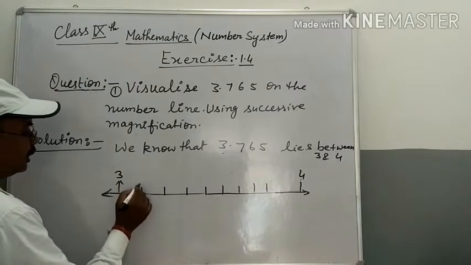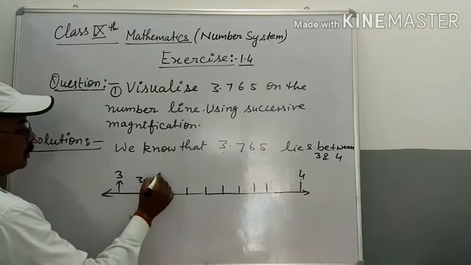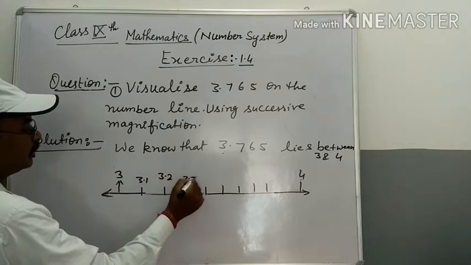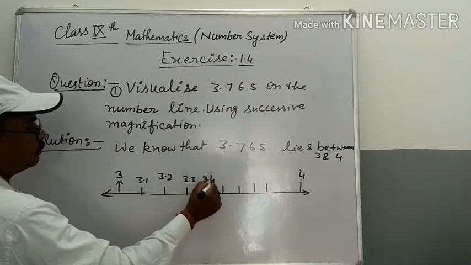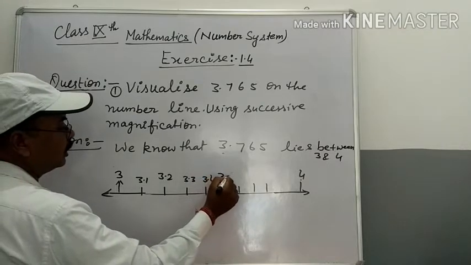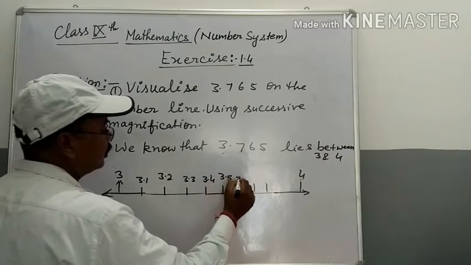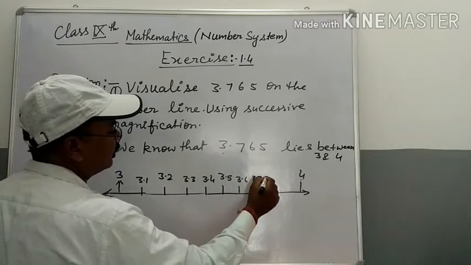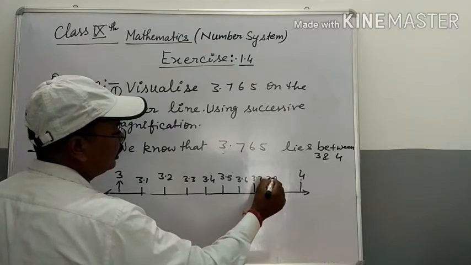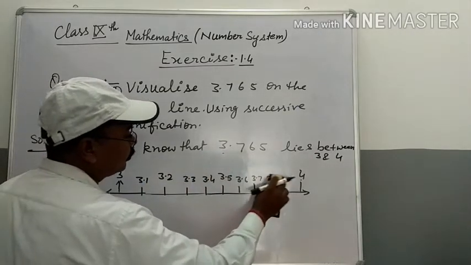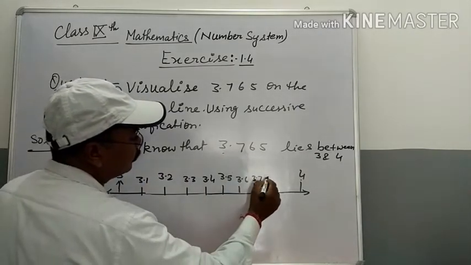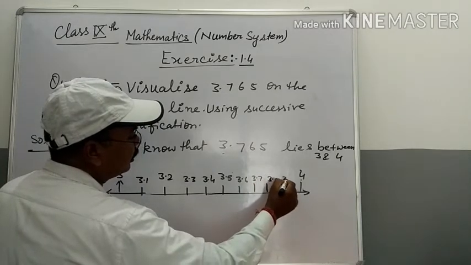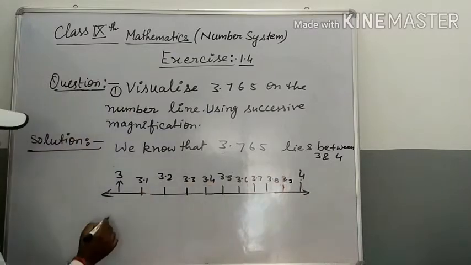That is 3.1, 3.2, 3.3, 3.4, 3.5, 3.6, 3.7, 3.8, 3.9, and students,